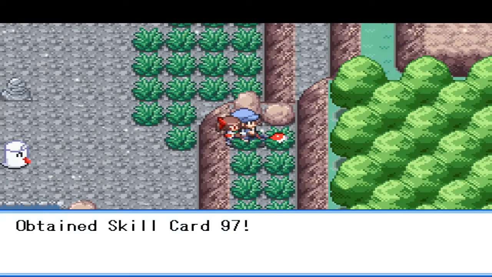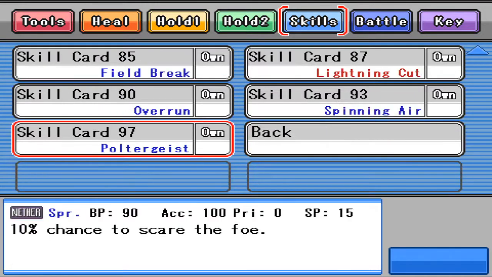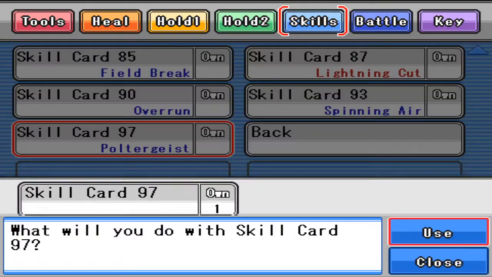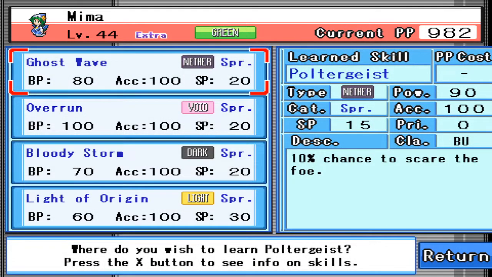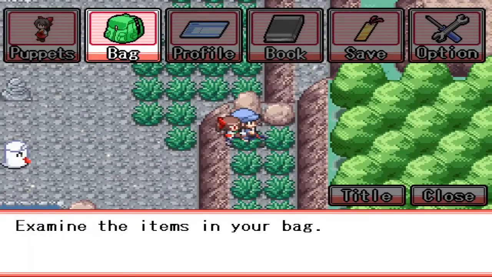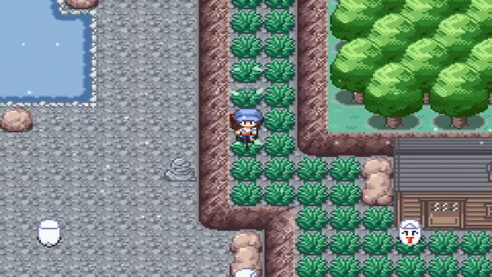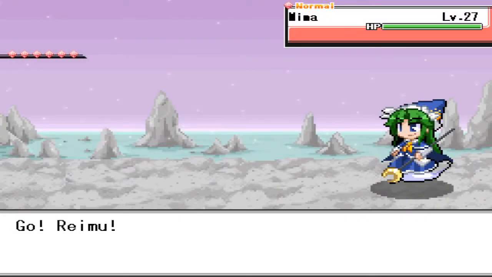Skill card 97 is Poltergeist. So this one is base power 90, 10% chance to scare the foe, which is what it is. It's another type. Could be useful for Mima. I think she's using Ghost Wave, which this is straight better, minus the scaring the foe, which doesn't really do much. Well, it does, but in most cases it doesn't. Well, that is already very useful. I don't know why they gave it a base power of 90 instead of 95, though. Nethers don't get too much in the game in general, so...